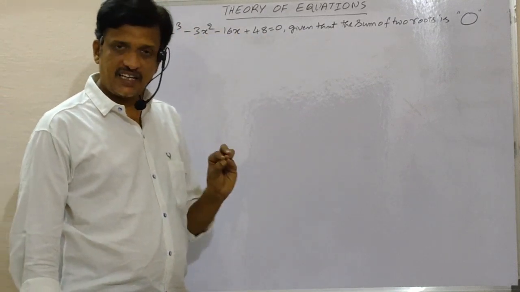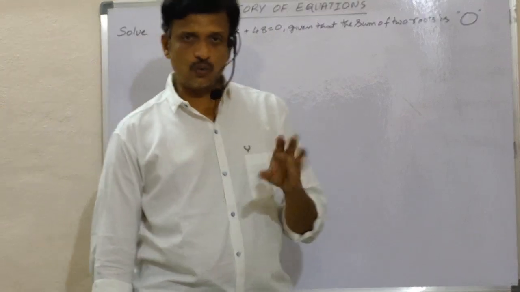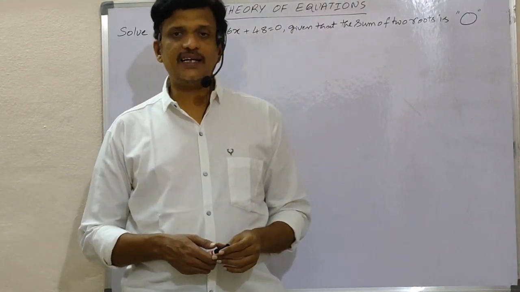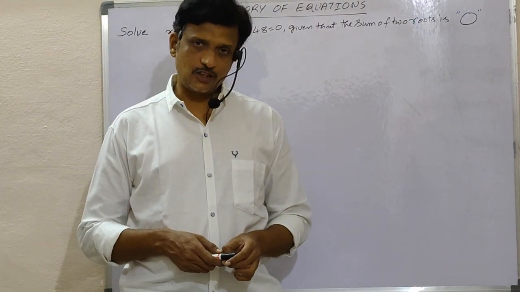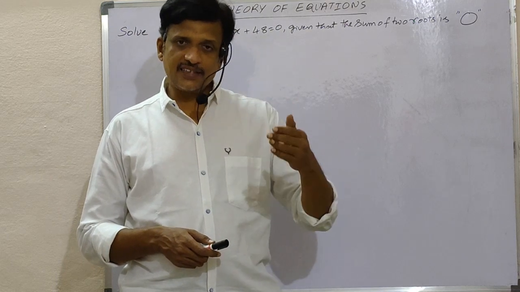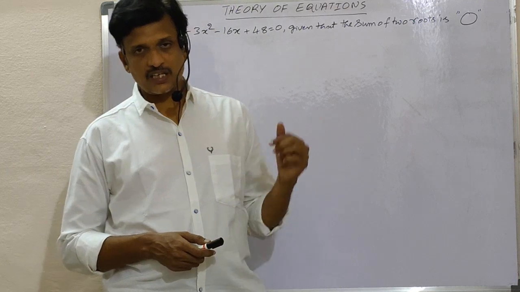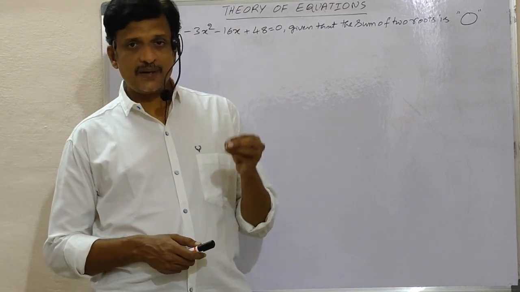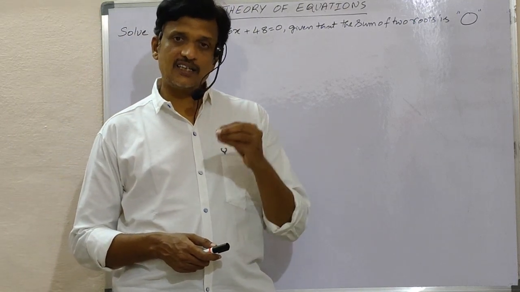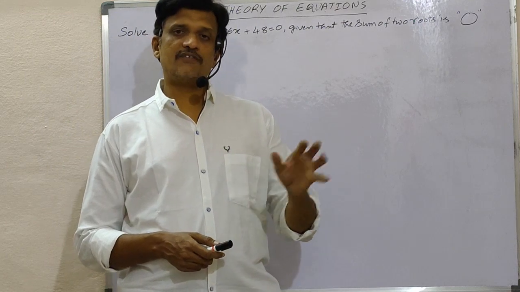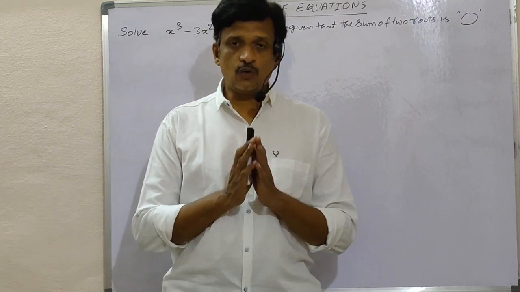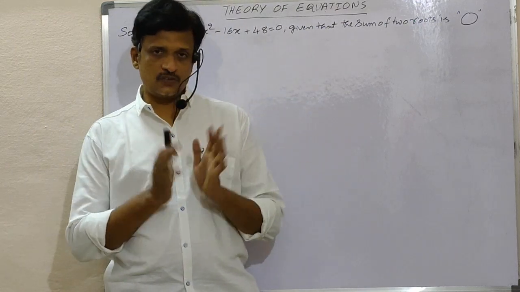When we don't have any condition regarding the roots, then we need to apply the trial and error method to find the first root. Then by Horner's division you can reduce the degree from 3 to 2, means from the given cubic, if you divide by a linear factor, you will get the other quadratic factor whose roots you can find easily. When we don't know anything about the roots, that is the procedure.